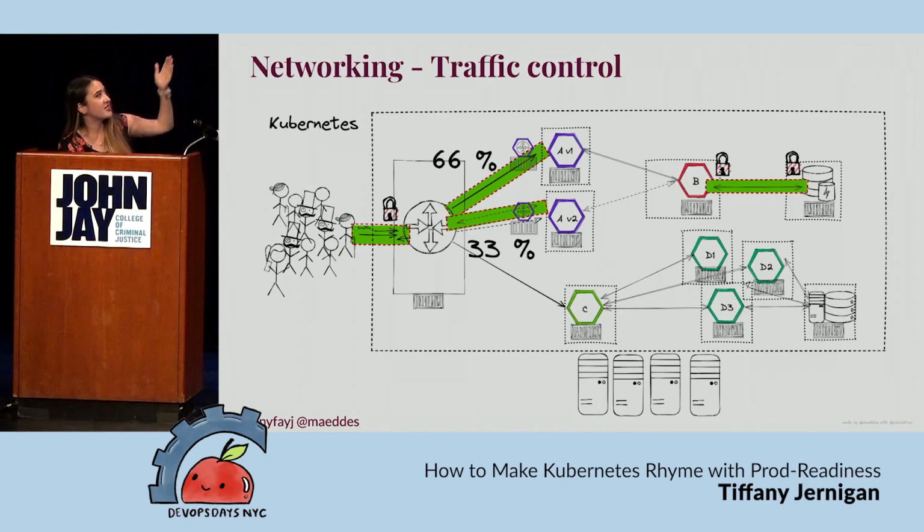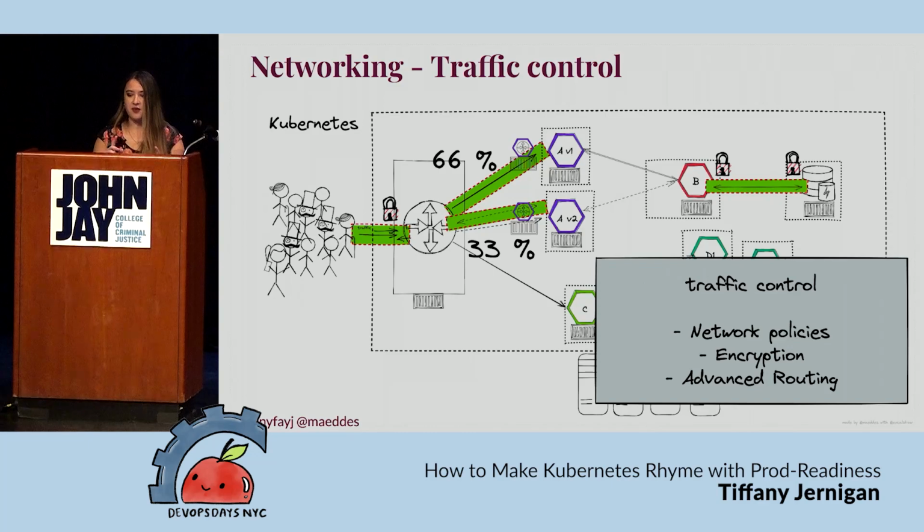If you want it to be like 66-33, then you actually need something perhaps like a service mesh, for instance. Or, if you look on the right side over there, being able to do encryption of traffic between the different things that you're running. The percentage routing and the encryption are things that you can't specifically do by default in Kubernetes. And so that's where you could use something like a service mesh.